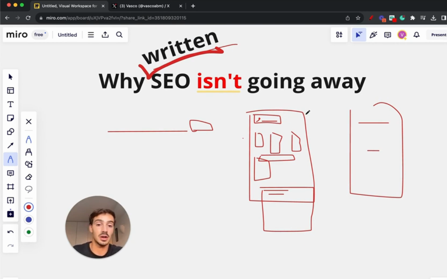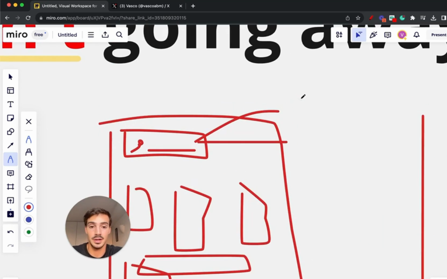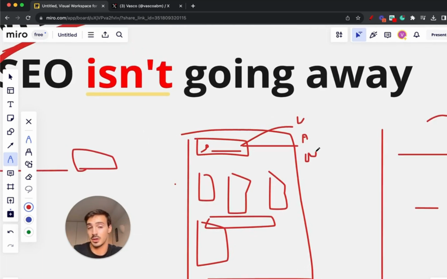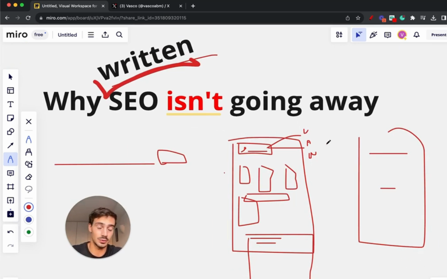So maybe TikTok has a section where you can choose video content, written content, audio content, or maybe it recommends you the type of content that makes more sense according to your search. Let's say you search for topic A. It might recommend you video, might recommend you audio, might recommend you written content, depending on where you are. For example, let's say you're in a car, maybe it's recommending you audio. Let's say you're sitting down, maybe it recommends you written content. It will depend. Nobody really knows this.